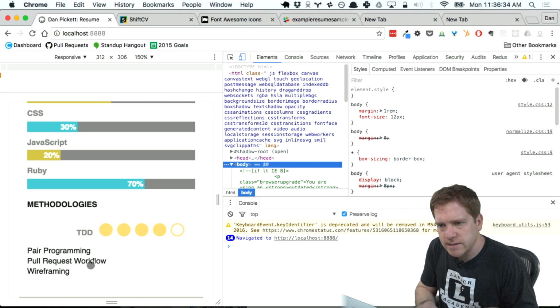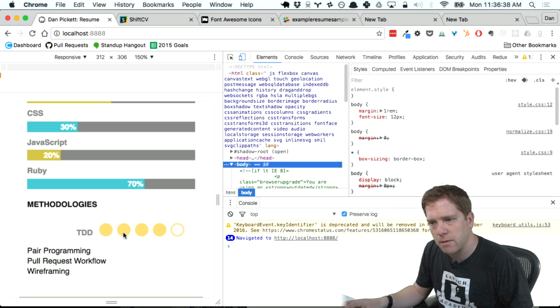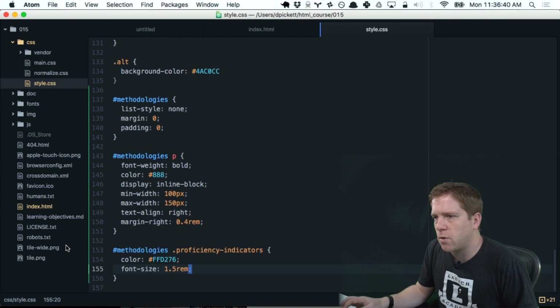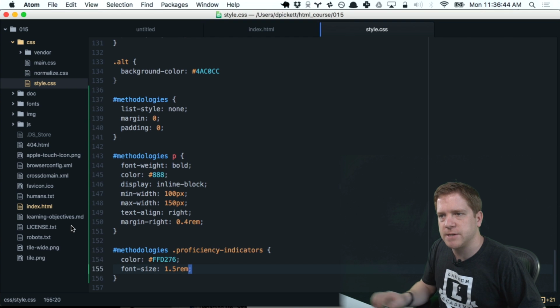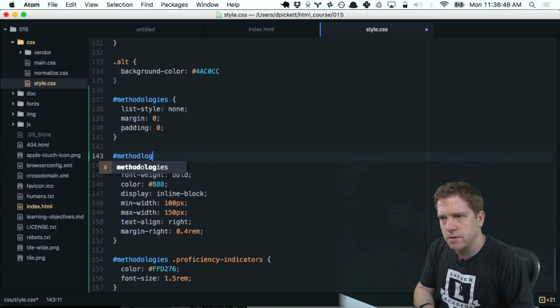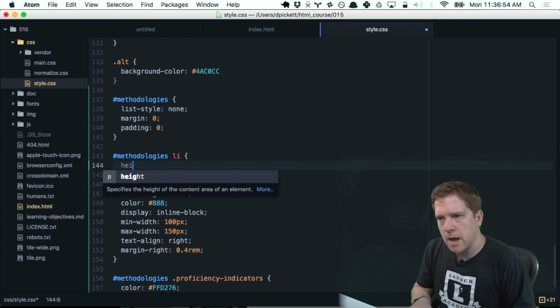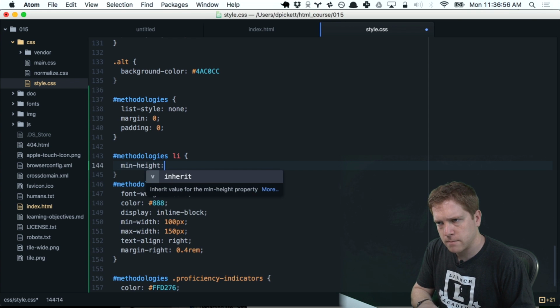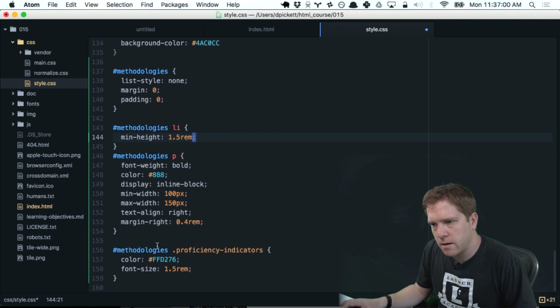So we're gonna have to set some heights here in order to accommodate that because we're dealing with separate elements here. So what I could do is I could set some behaviors on the list item itself. Let's give that a shot and see how that works. We may get mixed results. So we'll say min height, and we'll say 1.5 REM, because we want that REM reflection,